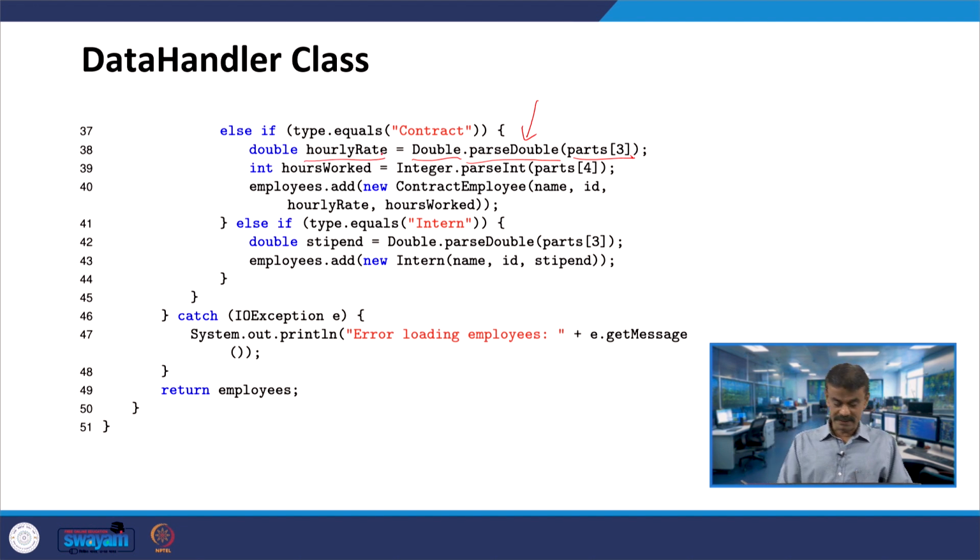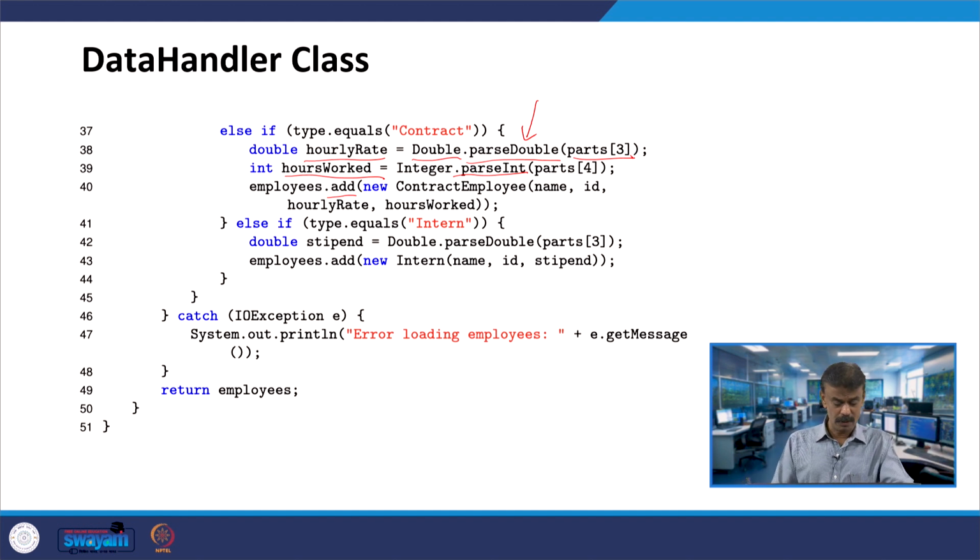And here parseInt, the Integer parseInt, means parts of 4 is a String that will be converted into integer, that is hours worked. Now employees is invoking add, so you keep on adding the employees. The ContractEmployee constructor takes name, id, hourly rate and hours worked. This particular constructor will be called, and we had seen this.